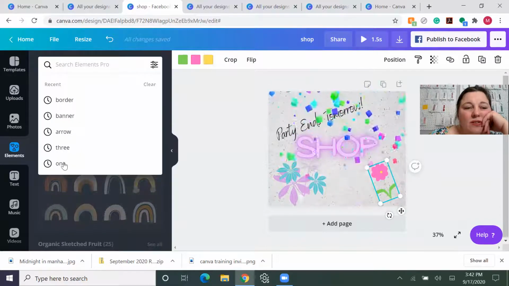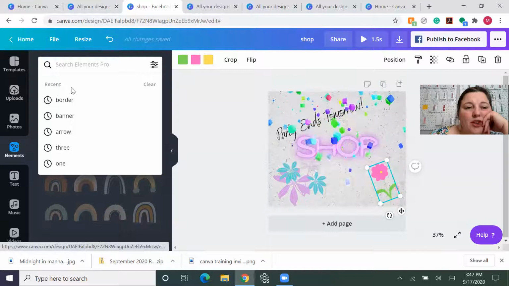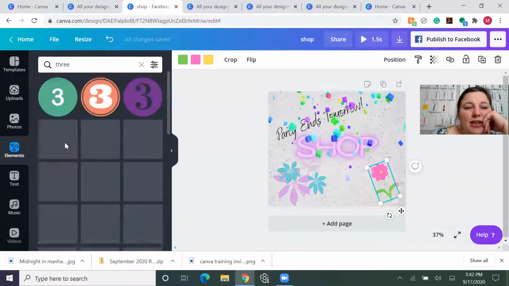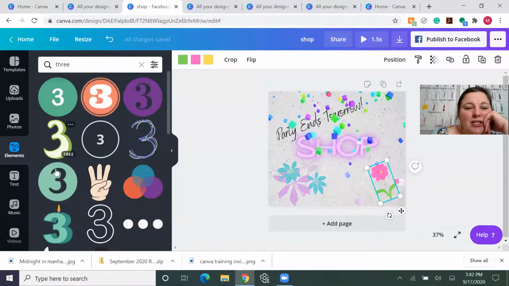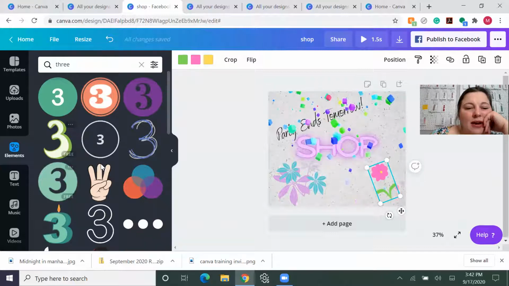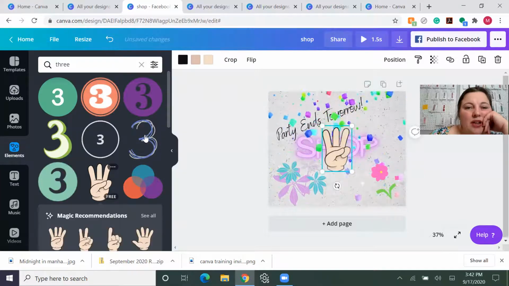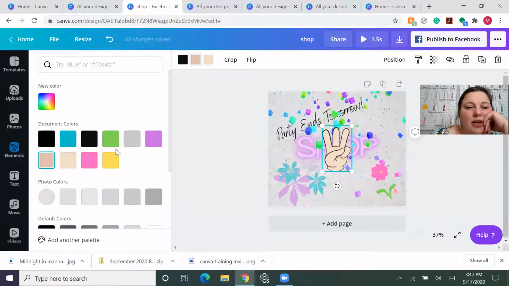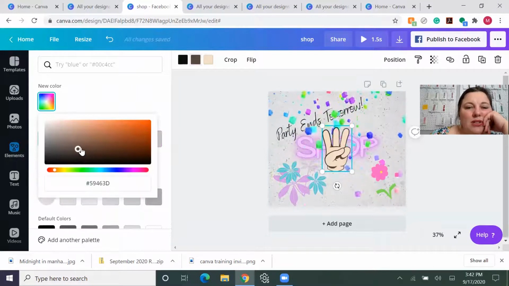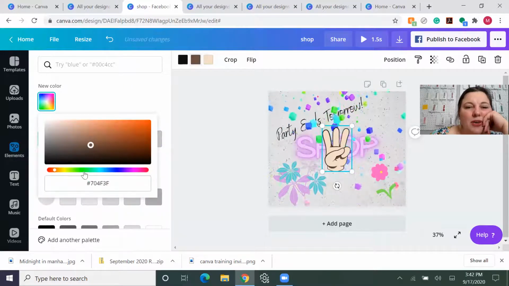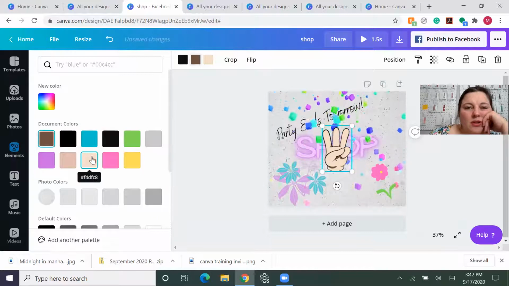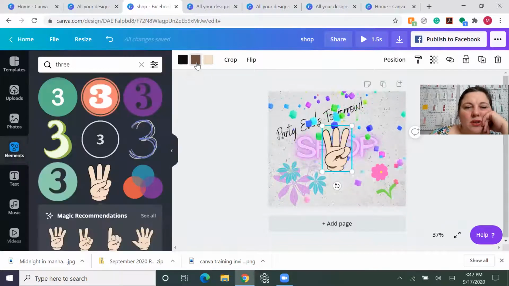So say if you're looking for, like I was looking for numbers, so I looked for 3. There's all these cute ways to do 3, right? Even this one, I put it in there. Look, who says it has to be like a white person's hand, right? You can come in here and say, I want to do a different ethnicity or whatever you would want to do. If I can figure that, oh, there we go. So this one,